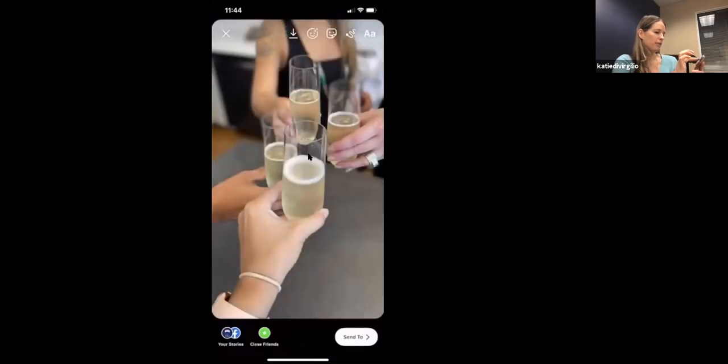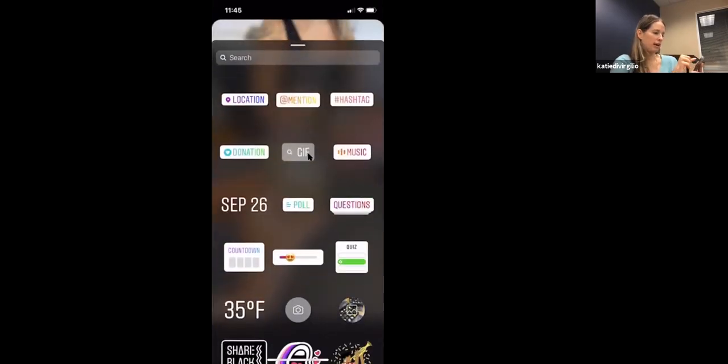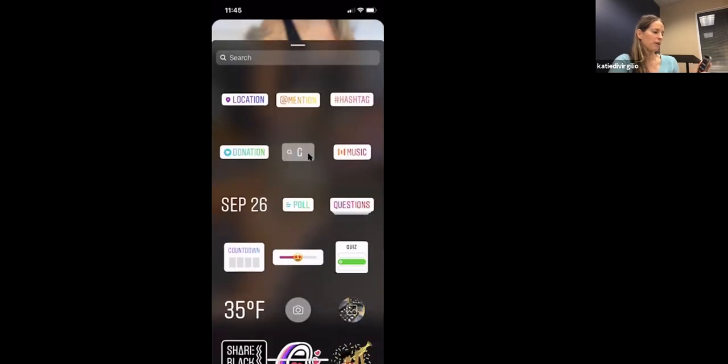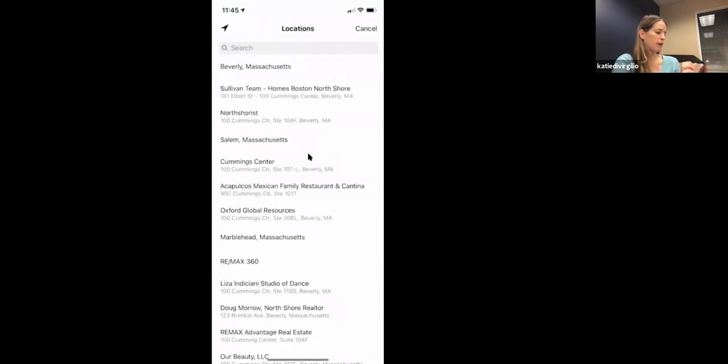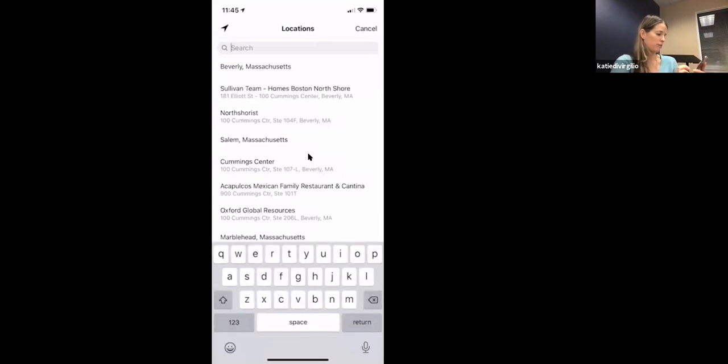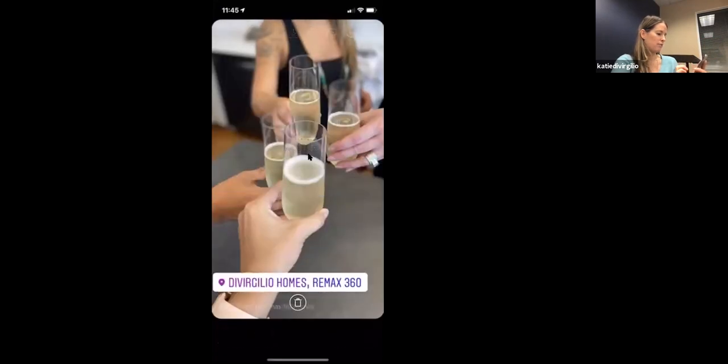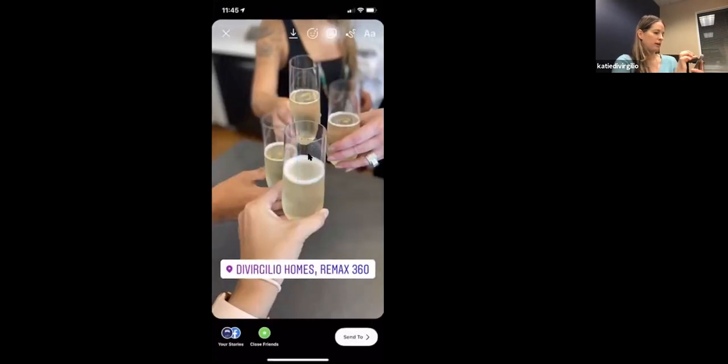And then that little button that I just pressed, the middle button with the smiley face, that's like a square shape. This is the button I use the most. So I'll tag my location. If you're taggable, like Sullivan Team is taggable, obviously they're located here, so it came up first, but I want to do my page. So there's DiVirgilio Homes. This is the name of my page right now. And I go back